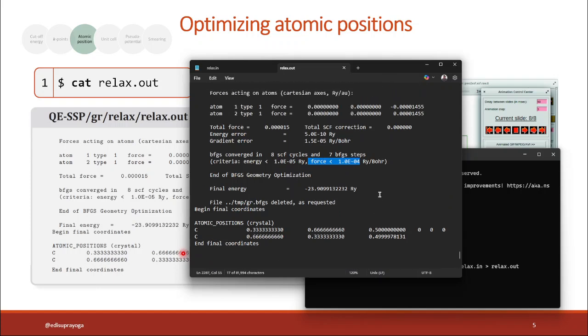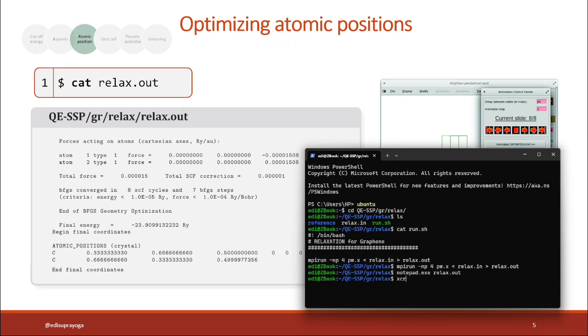And the second carbon atom here is moved to the final position. You can visualize the optimized ion position by using XCrySDen.